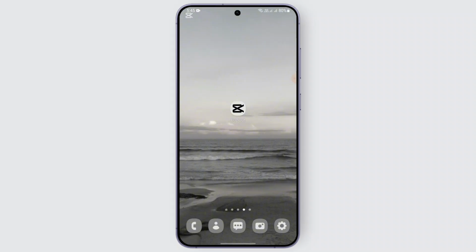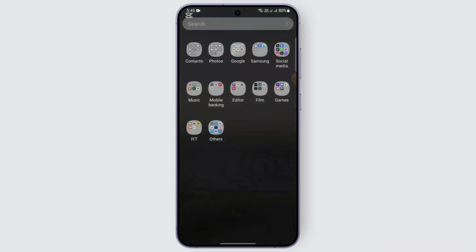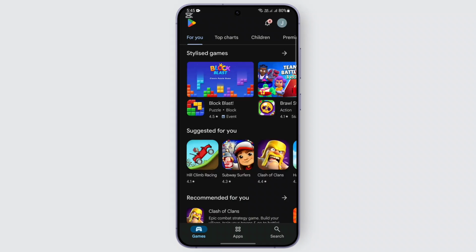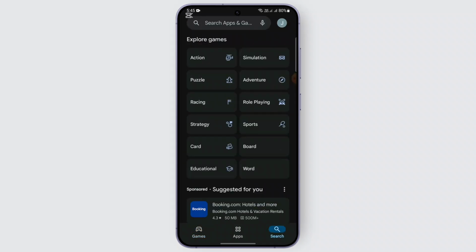In order to do so, one of the easiest and safest ways to get CapCut with the premium features is through the official app store. So here's how you can do it. First of all, you may just directly head over to the Play Store application on your device if you are on an Android device. And here, you're going to go ahead and tap on search. After going to the search, you're going to directly type in CapCut here